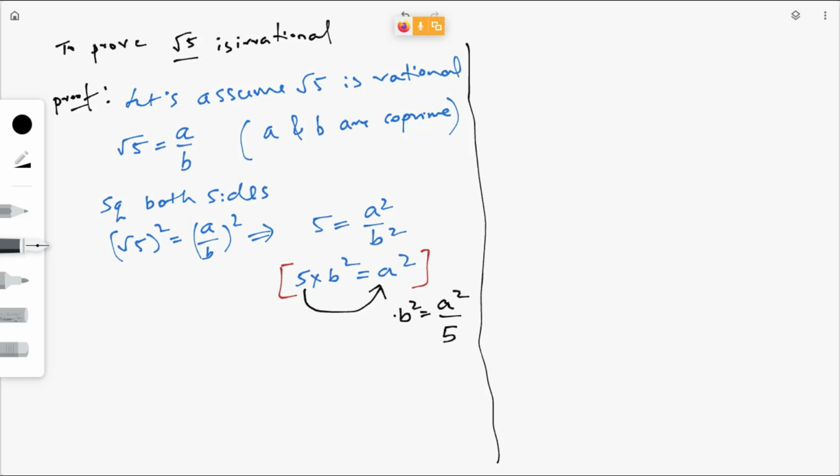Okay, leave this b square. B square is not important here. You need to just concentrate on a and 5. A square by 5, what is the meaning of a square by 5? 5 divides a square. Yes or no? If 5 divides a square, then 5 divides